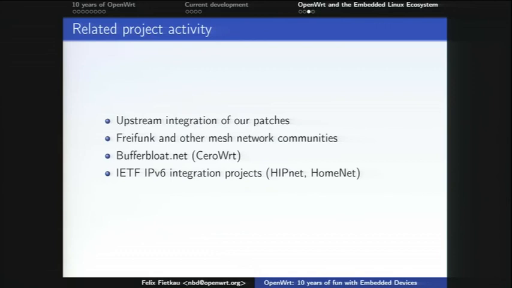But even aside from the chipset manufacturers, there's also other interesting related project activity going on. One of the most important ones is obviously upstream integration of our patches. We have several people working on target support in OpenWRT for a particular system on chip. And most of the targets that we're working on are actually not upstream Linux integrated yet. So it makes sense for the same people that do the development inside the OpenWRT project to also add mainline